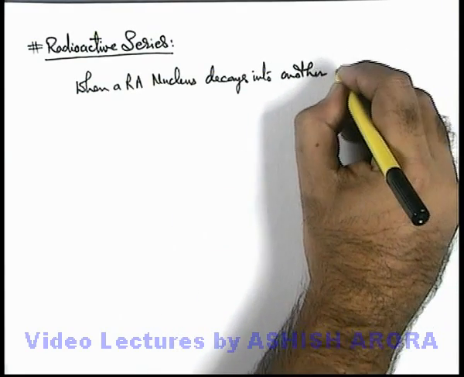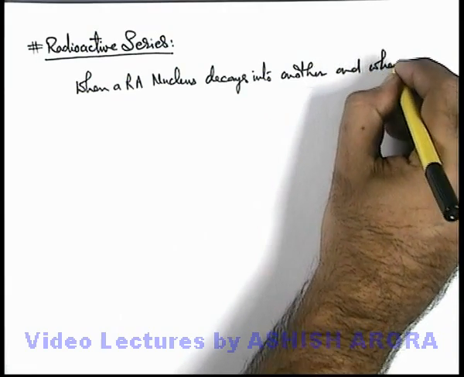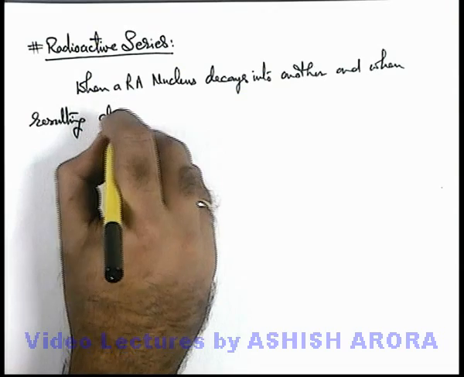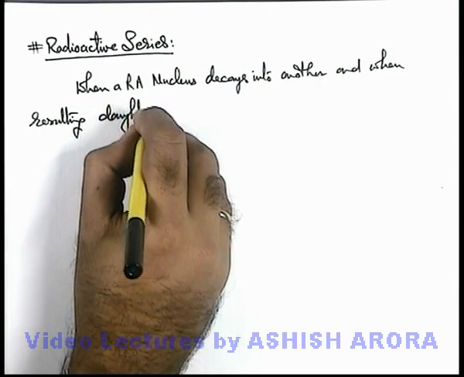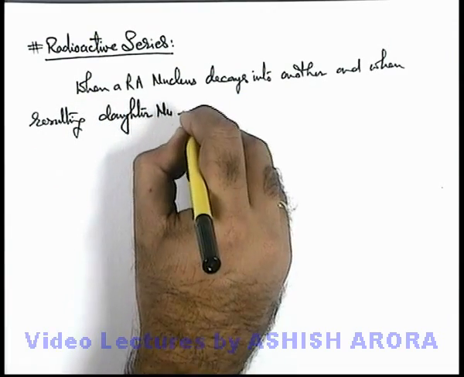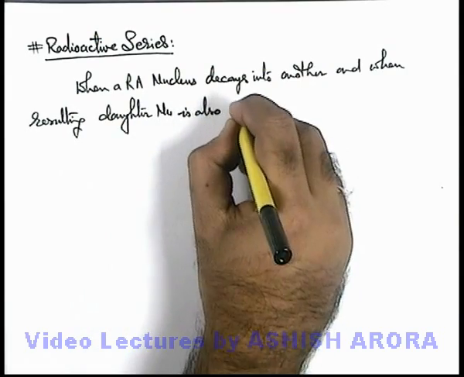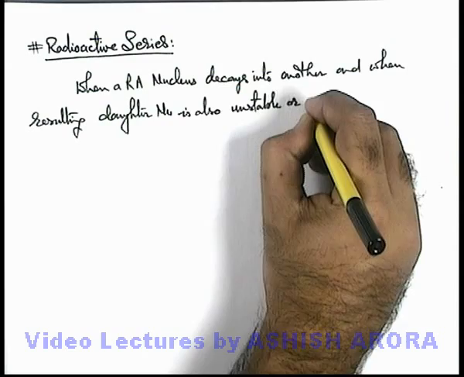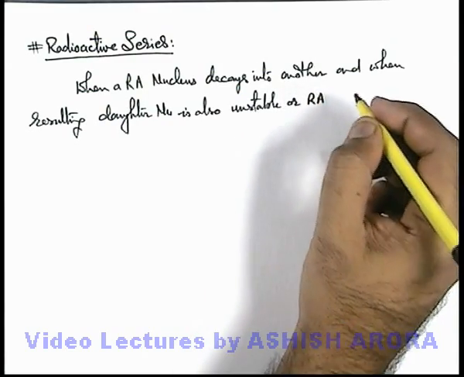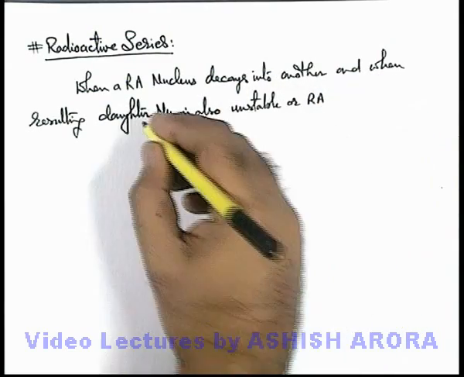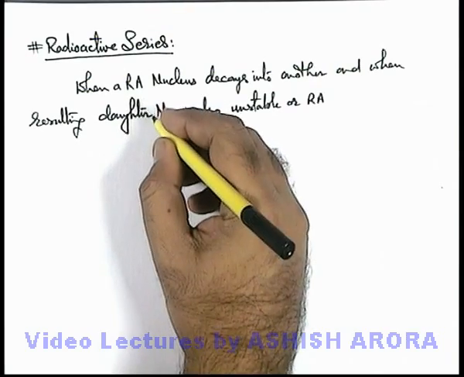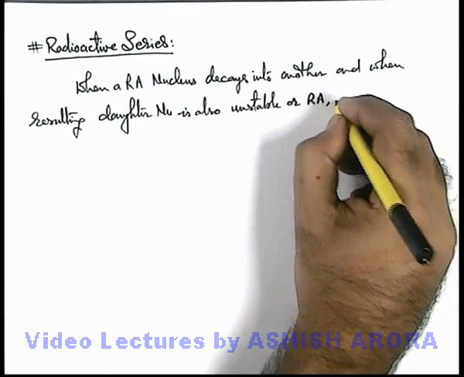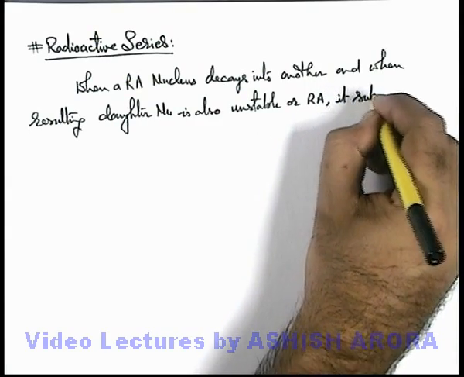And here we can write, when a resulting daughter nucleus is also unstable or radioactive. It is possible that when a nucleus decays into another daughter nucleus, it will be relatively stable, but it may also be radioactive. And if it is a radioactive product, we can write it subsequently